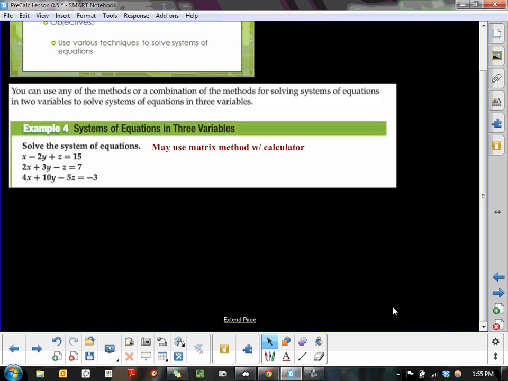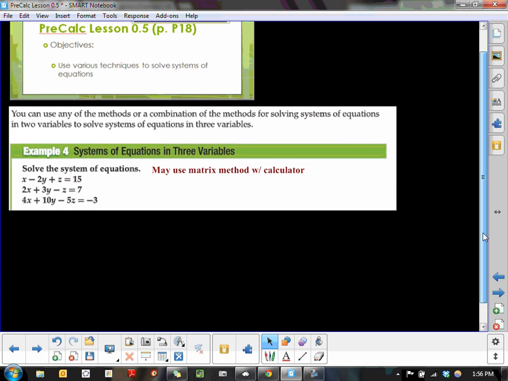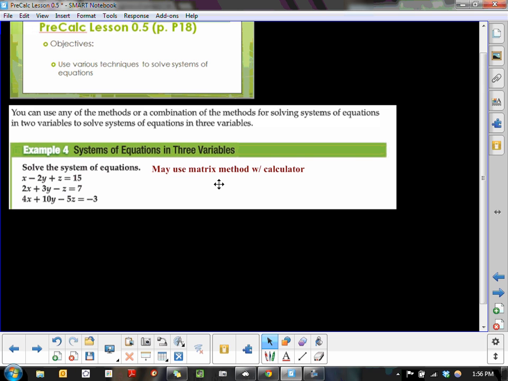The fourth example, what we're going to do is use a matrix to solve a system of linear equations. I quickly shift to a matrix model as soon as we get three equations with three variables because it's an efficient and accurate way of doing that. And we've got technology that we can utilize,